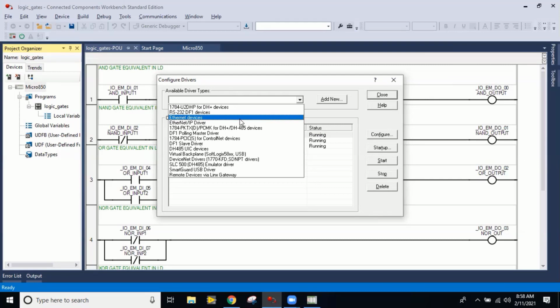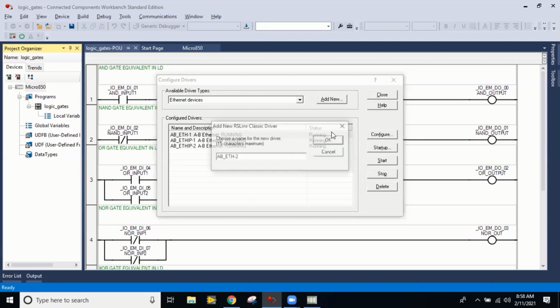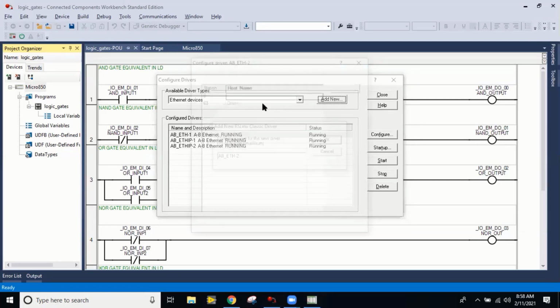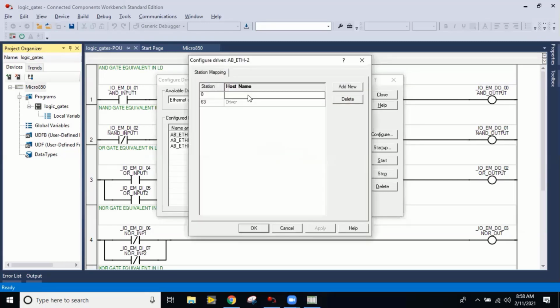Okay, I'm going to do it again just for you. That addition will bring you to this screen where you're going to match the IP address of your loopback IP address, right? 127.0.0.1. All right. And once you have that, then you'll be all set